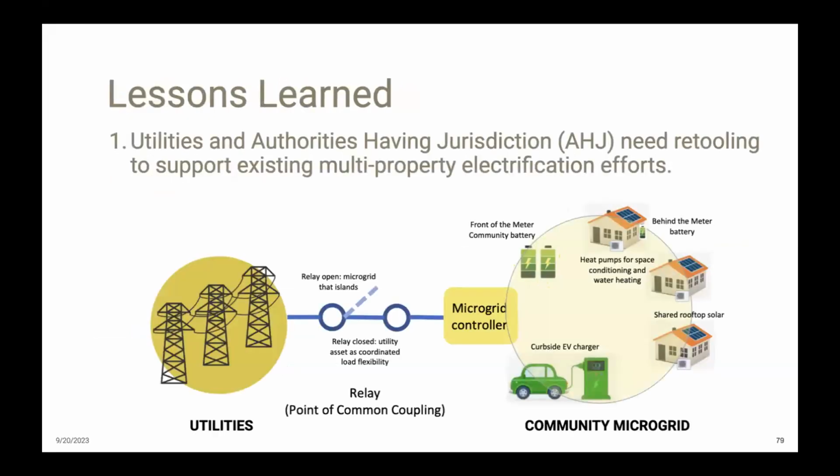Next. So, lessons learned, and we've learned plenty on this project, but just to focus on a few of the top ones. The first being, people want to do the right thing, both individually and as a community, but they need to know what to do. And we all need leadership from our government, from our permitting agencies, and from our utilities to do this.